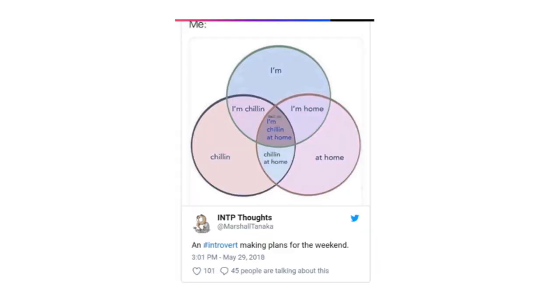This is a fun image of three sets that are intersecting. You have the top portion here, which is the word I'm. So that would be your first set at the top, I'm. The second set focuses on chilling, and the third set focuses on at home. And if you take a look at where they are intersecting, the I'm, the first circle with the second circle